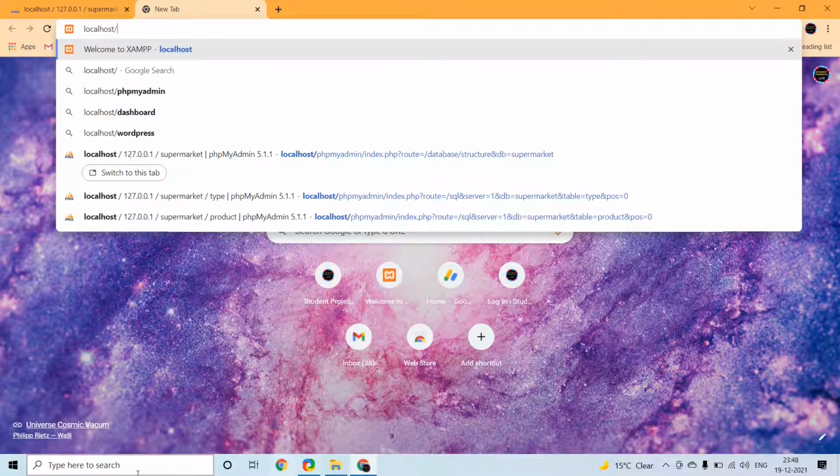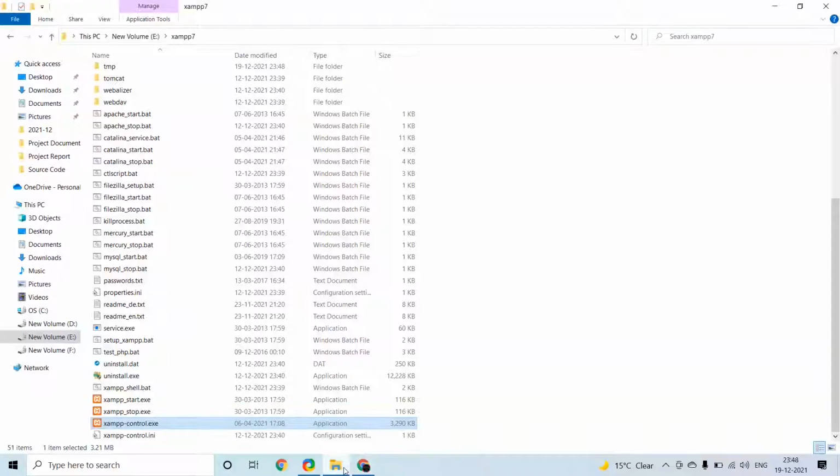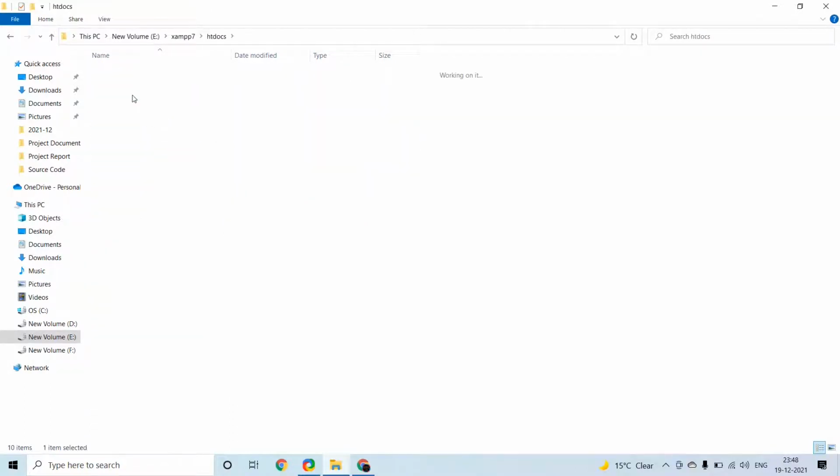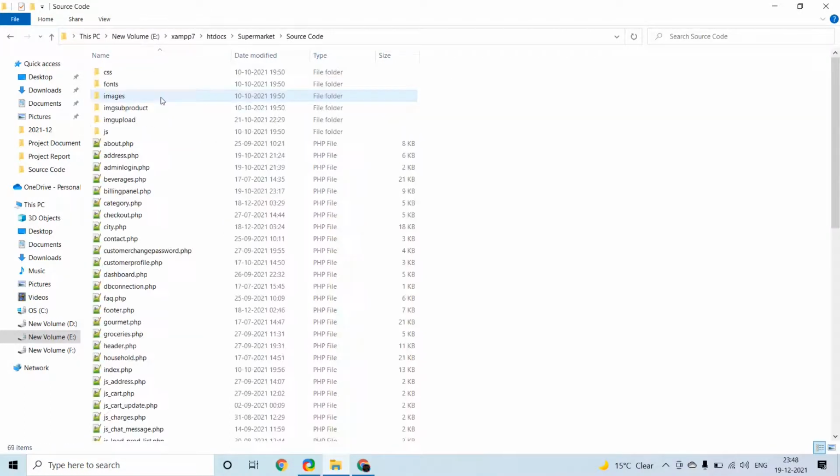Now let's execute the project. To execute the project, in the new tab, type localhost slash supermarket slash source code.